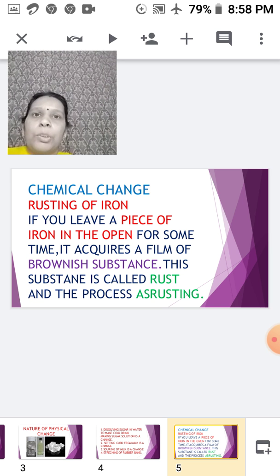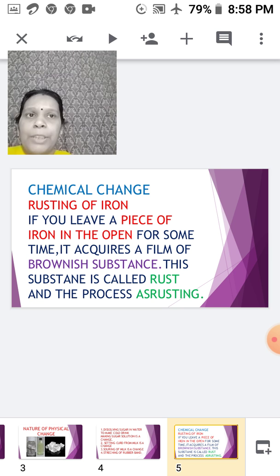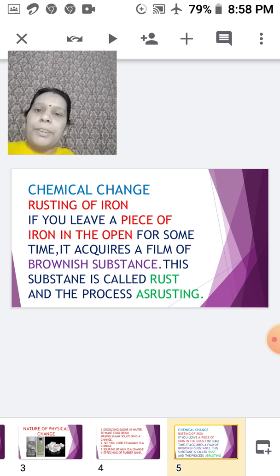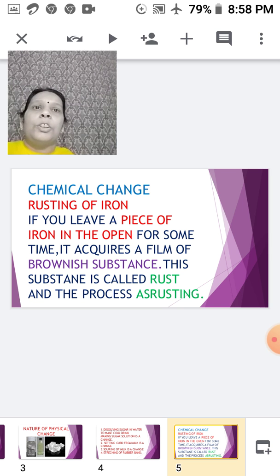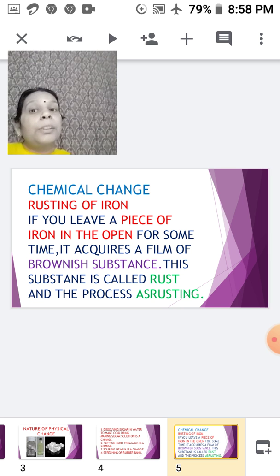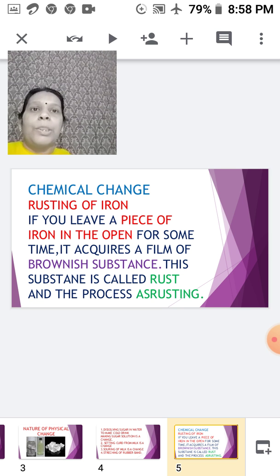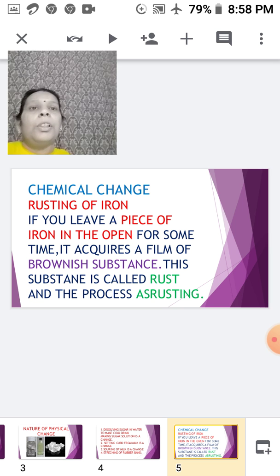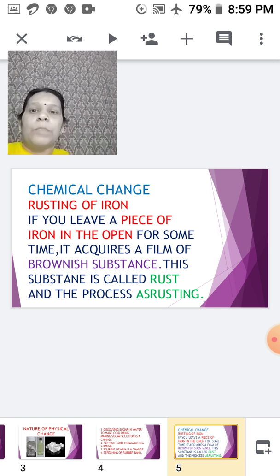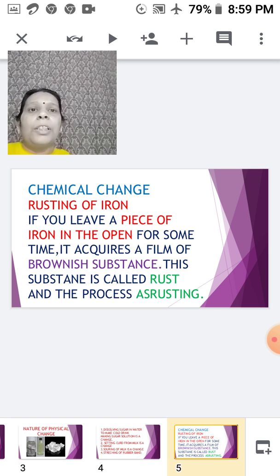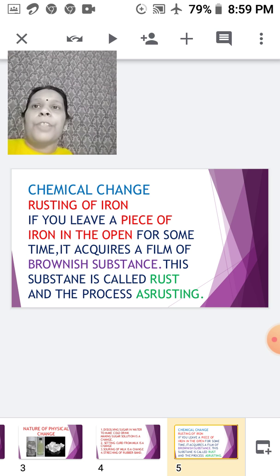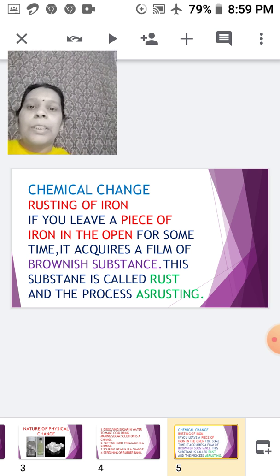I was talking about the curdling of the milk. So what happens over here? Here also we get a new substance, that is curd. And milk and curd are two different substances with different properties. That means the chemical properties are also different. Once made, curd cannot be reversed back into milk. So here again you found how these chemical changes are different from a physical change.